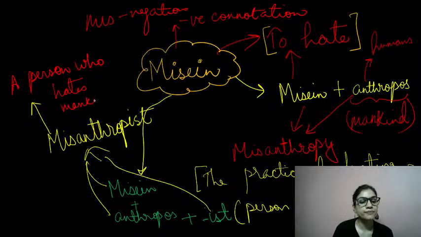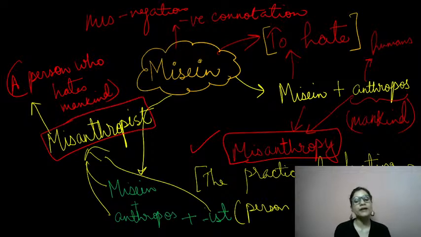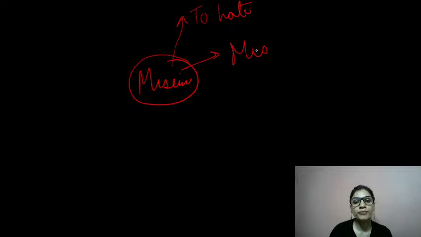Mankind or humans, right? So the point is that we should be aware of these two words. This is misanthropy and this is misanthropist, right? Misanthropy is the practice of hating mankind, and a person who practices that is a misanthropist, right? So this is one word out of misane, two words basically, right? Then there can be another word out of the same word root. We'll be coming back to that slide, do not worry about that. So misane refers to hate, okay? One word we just did is misanthropy.